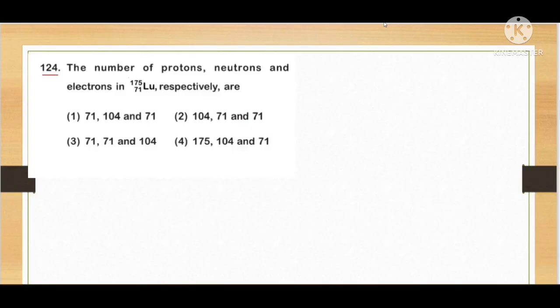Now let us discuss 1 to 4. The number of protons, neutrons and electrons in lutetium 71, 175 respectively are. Here you have to calculate protons, neutrons and electrons. Lutetium 75, 175. We know that this can be written in general form: lutetium Z, A. Here Z means atomic number,